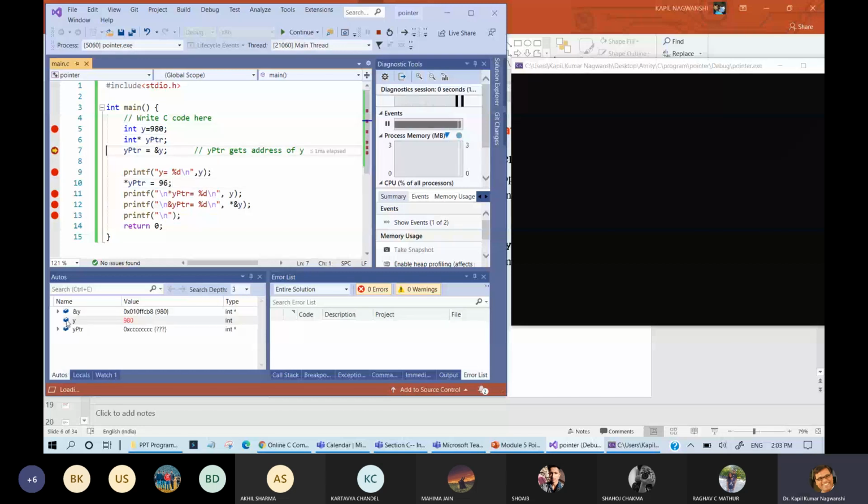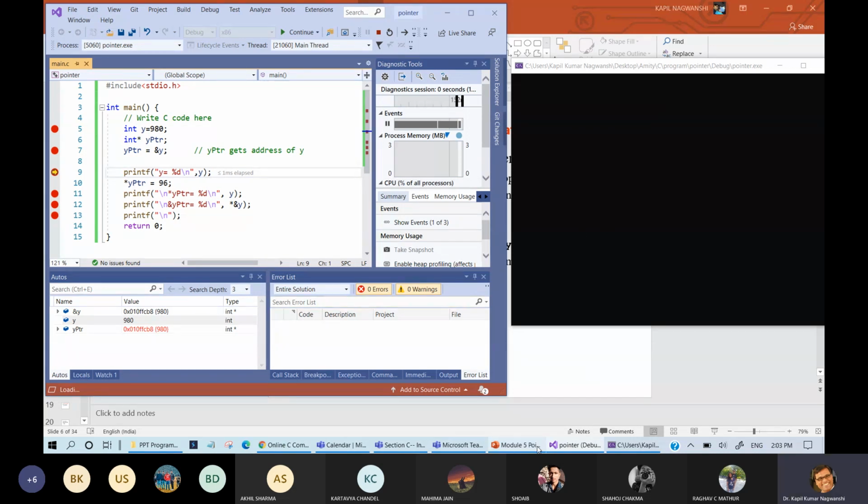Now you can see that the value of y is assigned and the y pointer has this address, and it is pointing to some other address. Actually this is a garbage address. Fine. So now both have the same thing, but the names are different.